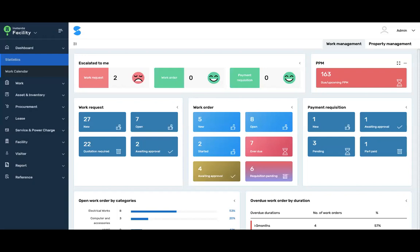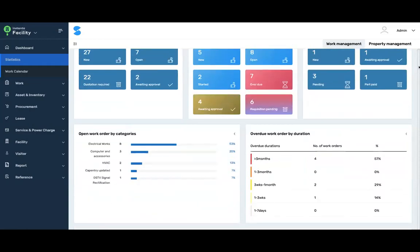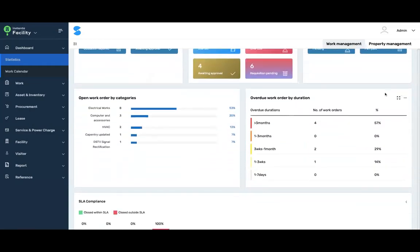Instead of doing more corrective maintenance, you should be doing more preventive maintenance to prevent asset breakdown and underutilization of your assets. You also have things around your work orders by categories. So you want to see how many work orders you have in the system, the categories, and what percentage of the work orders in the system they represent. So you can see at a glance, using data, the dashboard for this particular